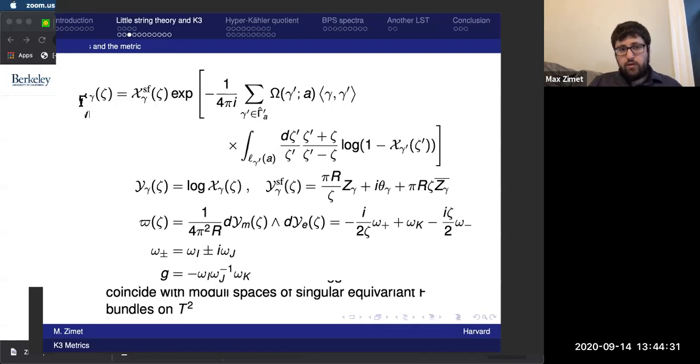Furthermore, we know the large R limit, and we know the zeta goes to 0 limit. Those are certain nice limits. And that turns out to be all of the data one needs to formulate a Riemann-Hilbert problem. So one has some piecewise holomorphic functions, one knows their asymptotics, and one knows what their discontinuities look like. And so that's the data of a Riemann-Hilbert problem. And then Gaiotto-Moore-Neitzke write down this integral equation which characterizes solutions to that Riemann-Hilbert problem.